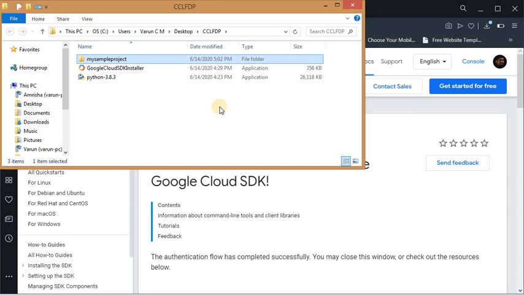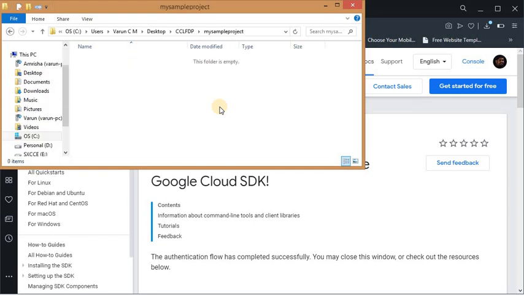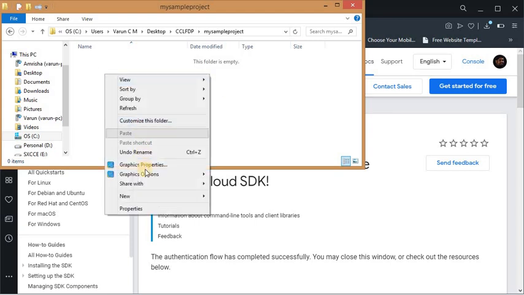This is the name I am giving to this particular folder. When using this cloud, you need to have two different files. One, the actual file which needs to be executed, that is the Python file, and in addition to that, you need to have a YAML file, which normally will be app.yaml. So we need to create two files.